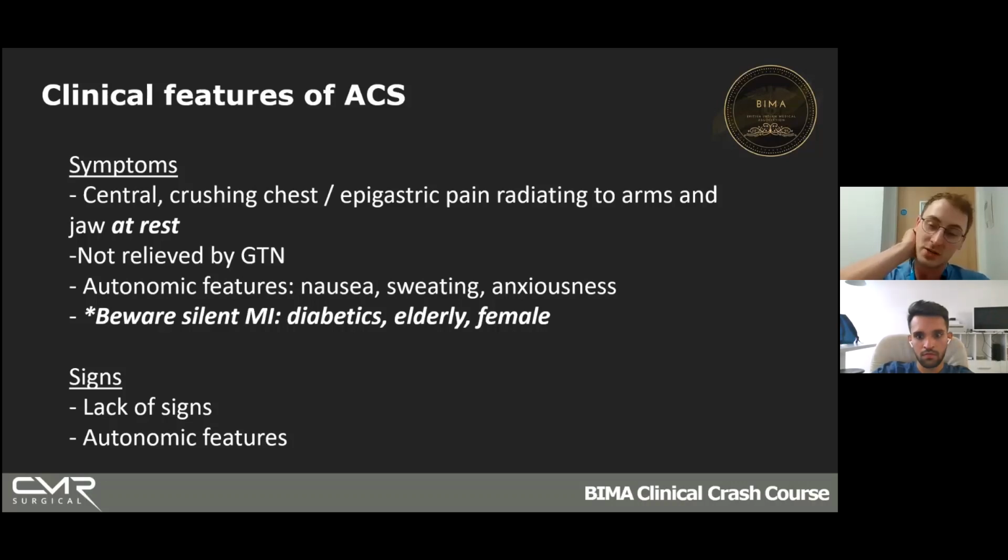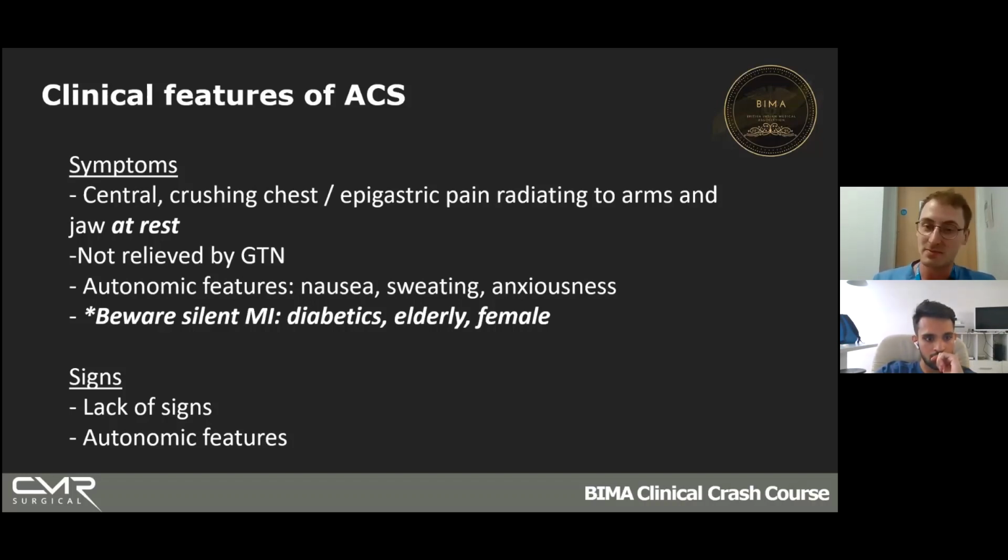And lastly, we talked about this in the first SPA, is about silent MIs. So these are really important to recognise as well, and previously were under-recognised. So these are more common in diabetics, elderly people and women. And this is when you get an MI without chest pain. It's a bit weird, but you just basically get these autonomic features that happen suddenly. So someone might get sudden onset nausea, sweating, feeling crap. They might get some tummy pain. And in people like this, it's just on your radar to do an ECG because it might be an MI. It takes 2 seconds to do an ECG, and you might have just stopped someone from having a heart attack.